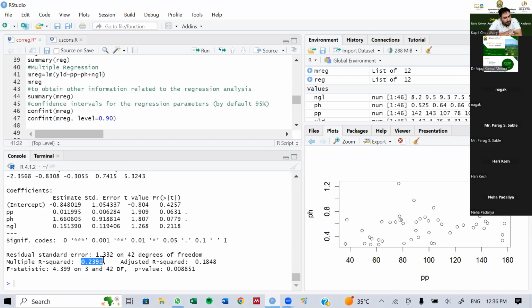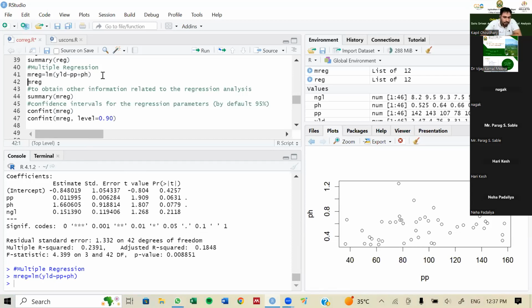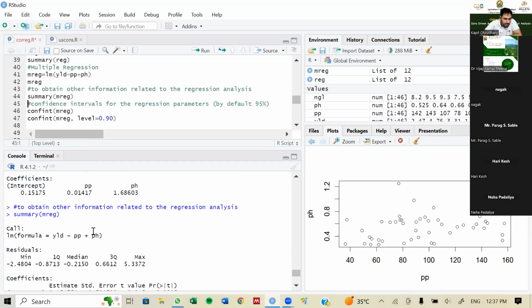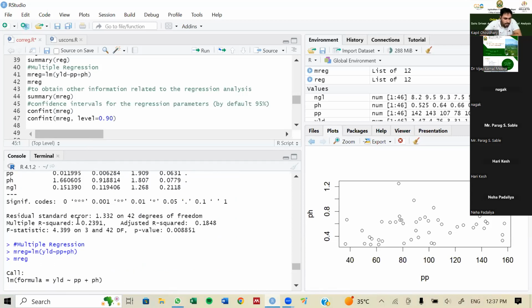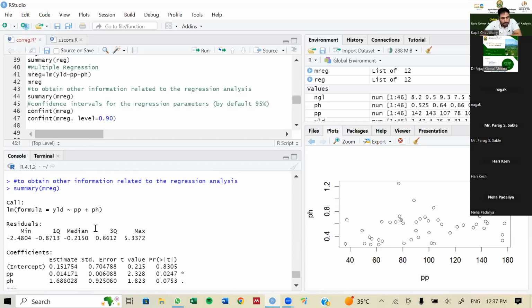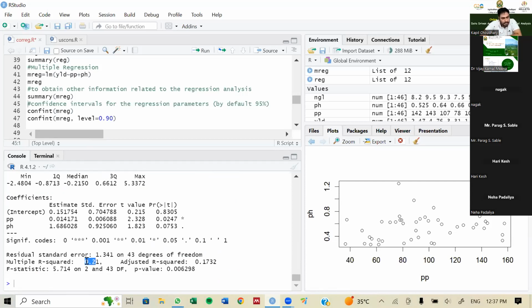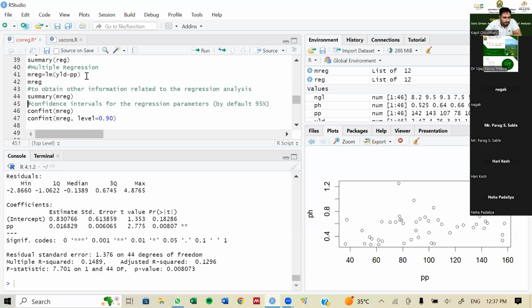It means there is still variability remaining, so we have to include another variable to increase this. Suppose I remove the last variable, number of green leaves, from our model and run it. What will be the effect? Here my R square value is 0.23 when I use three variables, but if I use only two variables, my R square decreases. And again, as in a simple regression model, my R square decreases further. If I use only one variable, my R square is 0.14, which says that only